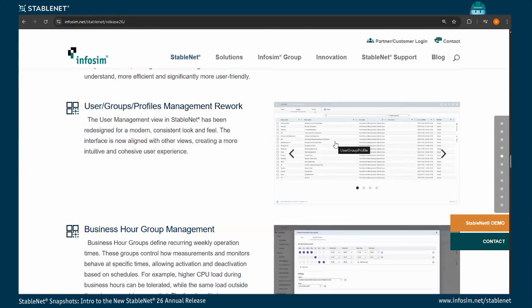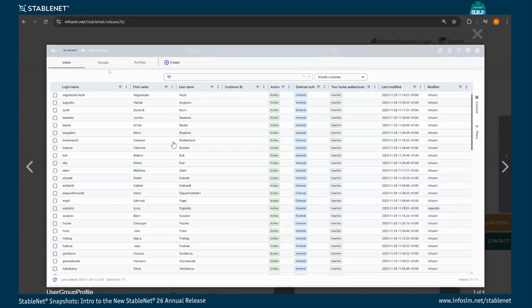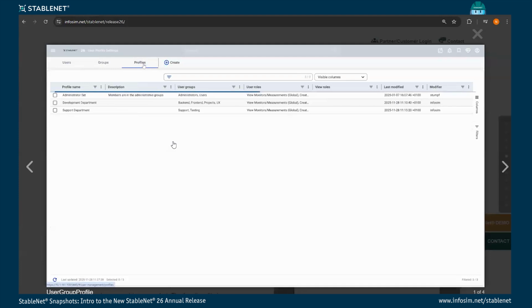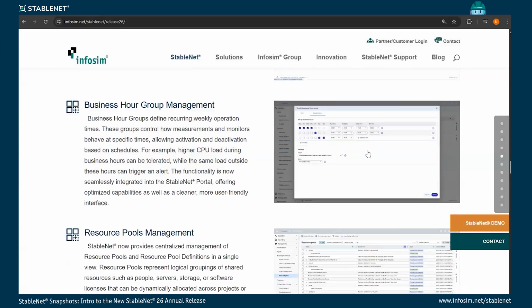Further, users, groups, profiles management have been reworked in the portal, which leads to modernized, consistent user management, which is also aligned with other views in the portal, and that makes the admin experience cleaner and more consistent when working with users and groups. The business hour group management has been modernized as well, providing